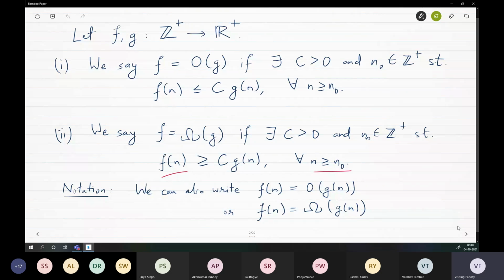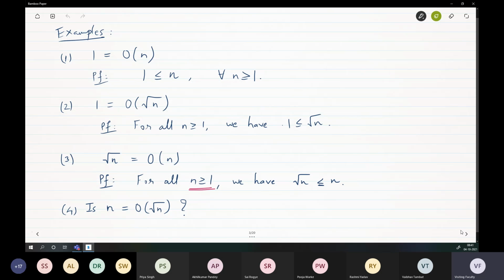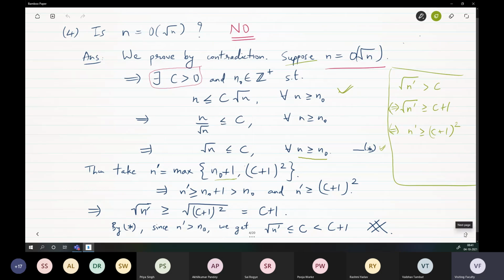Big O and big omega. This is the definition of big O: F is bounded by G. The definition of big omega: F is bounded below by G. You don't have to write F and G, you can write Fn and Gn just for convenience. Basic examples, we just looked at it, okay? Which one grows faster than which one? That is the question. And we just saw that for the same reason, square root n cannot grow faster than n. So n is not big O square root n.